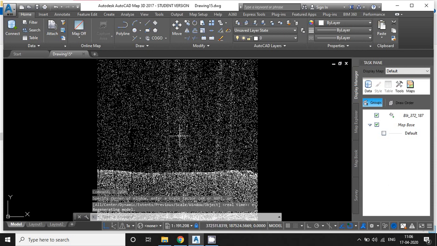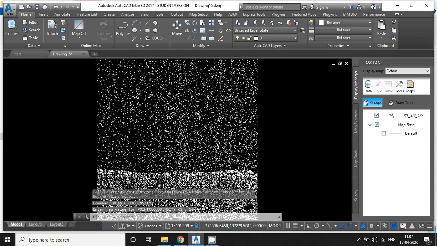See here, the LiDAR point cloud data is displaying here. You can also control the density of the point cloud data because it looks too sparse by typing point cloud density. See here, the current point cloud density is 5. You can control it up to 100 value. Right now I'm giving the value, say 50,